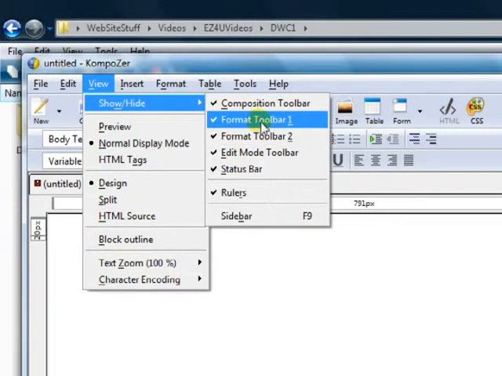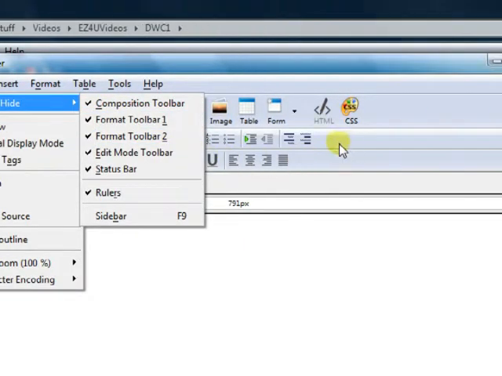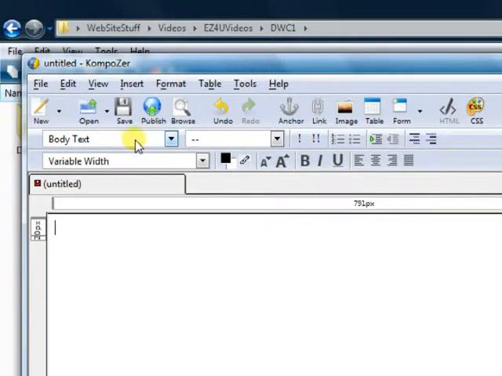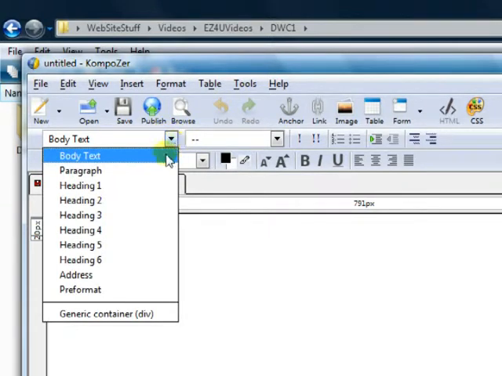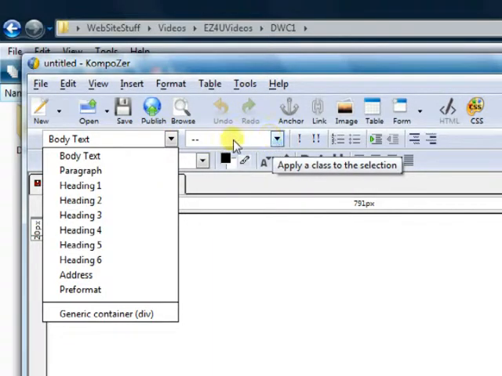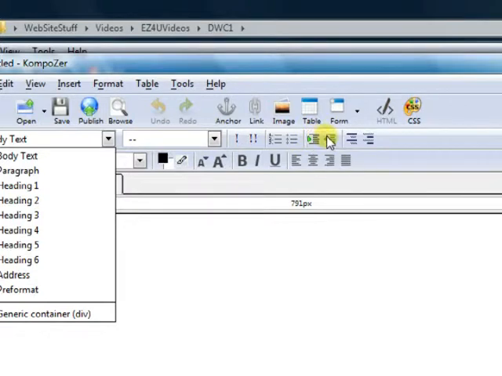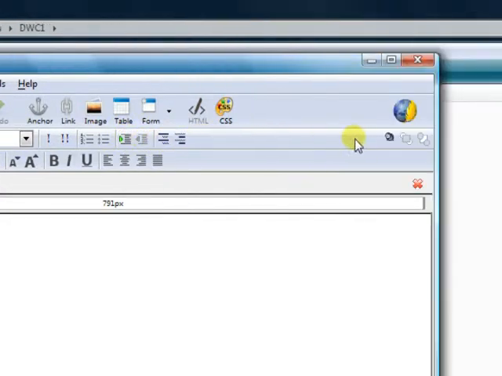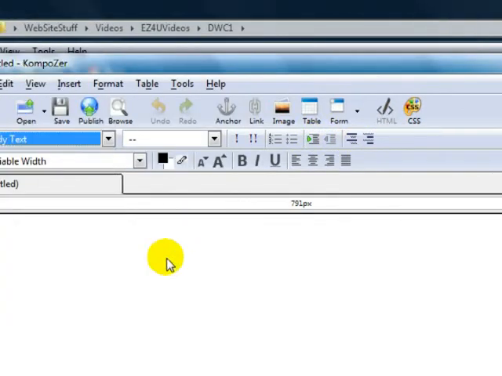that would be your Format 1 toolbar, and that's this one, where you can put your body tags and paragraph and heading tags in. This here would be where your CSS class tags would go, and here's for strong emphasis and then just emphasis. Numbered lists, bulleted lists, indent, outdent. And over here is a facility for